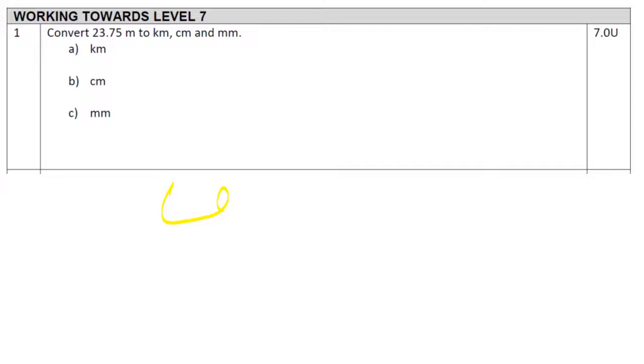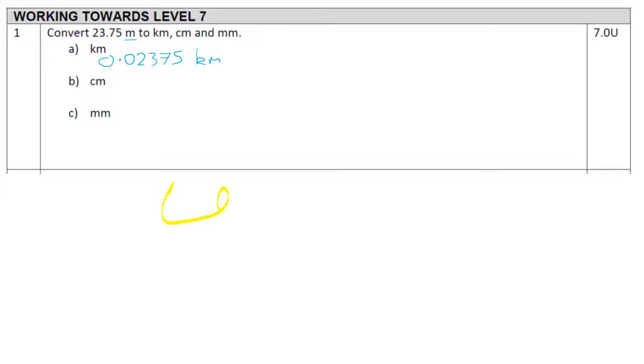Okay, so we've got to convert from meters to kilometers, centimeters, and millimeters. Now, there's 1,000 meters in a kilometer, so we are dividing our number by 1,000 to get the first answer. So just on your calculator, 23.75 divided by 1,000, and what we get there is 0.02375 kilometers. Now, the other thing to think about here is if we're dividing by 1,000, we're just shifting our decimal point